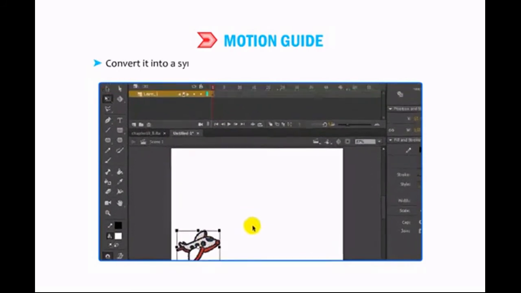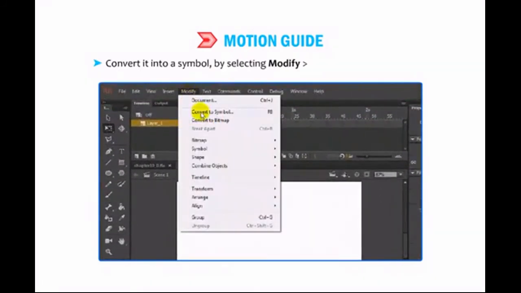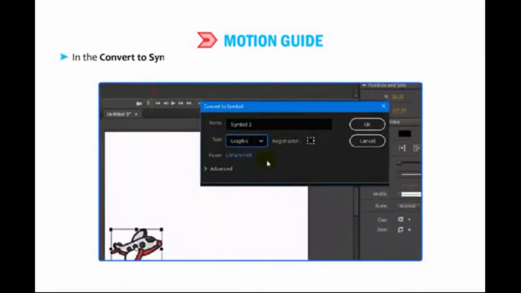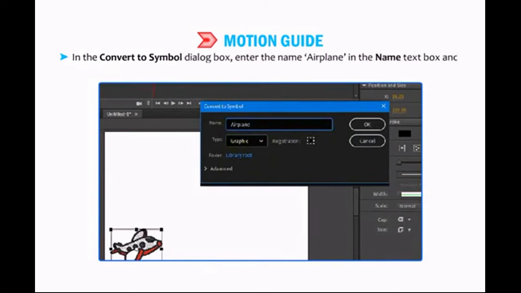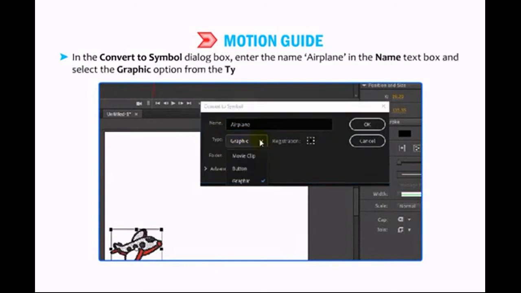Convert it into a symbol by selecting Modify, then going to the Convert to Symbol option. In the Convert to Symbol dialog box, enter the name Airplane in the Name text box and select the Graphic option from the Type drop-down list.